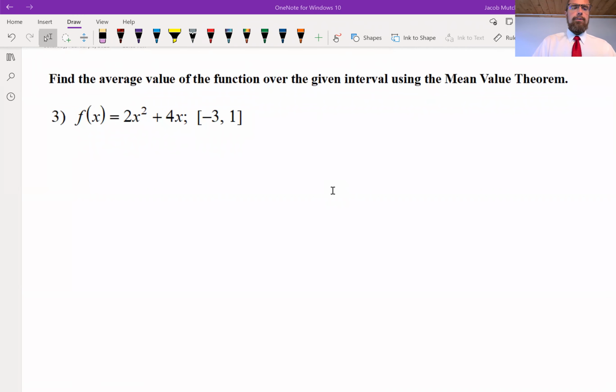We're going to consider this function. It's a quadratic, 2x squared plus 4x over the interval from -3 to 1. Well, let's state the average value of a function on an interval. What that says is that if I have a function f that is continuous, in fact, let's change that. If f is integrable on the closed interval from a to b,